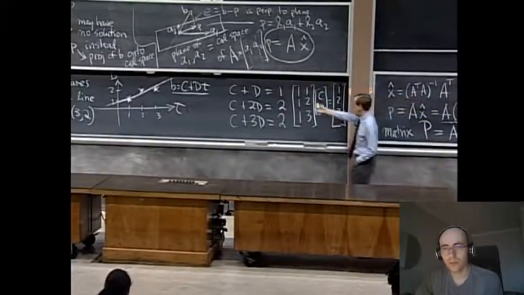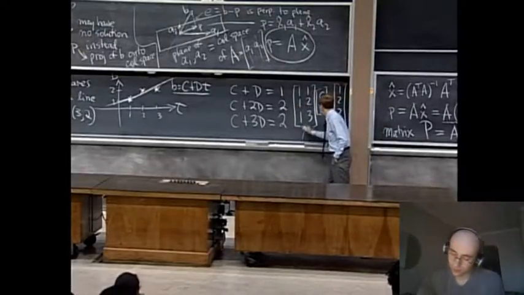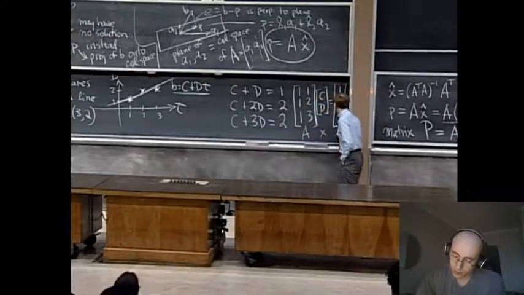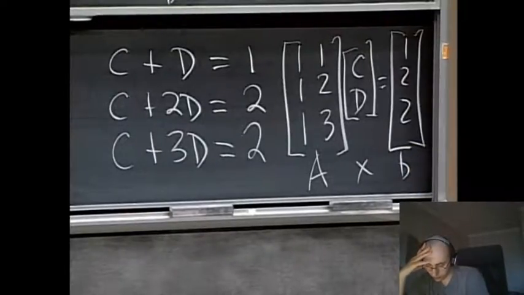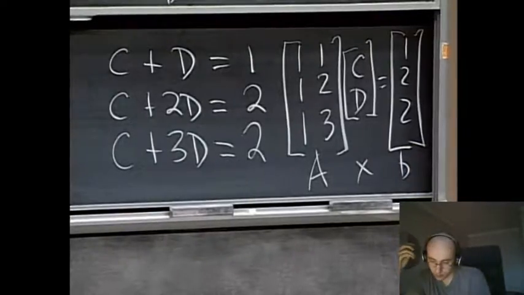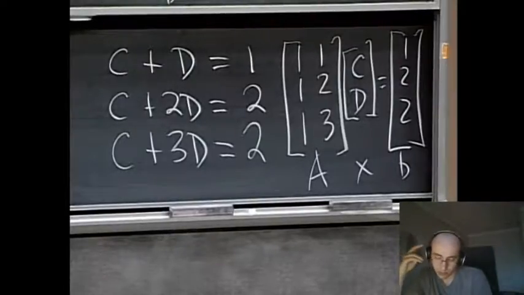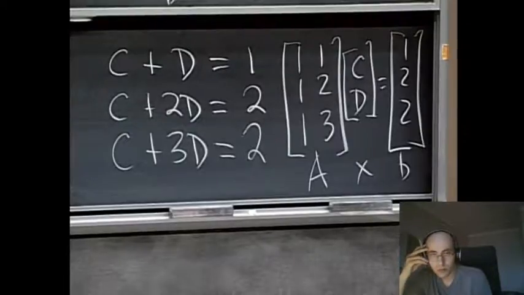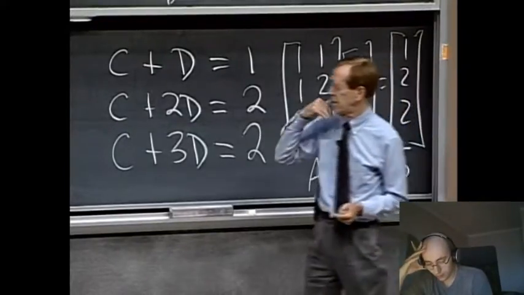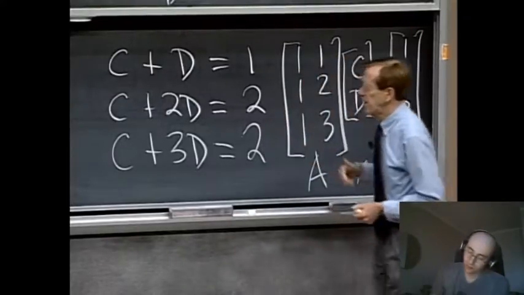I've just taken my equations and said what is AX and what is B. Then there's no solution. This is the typical case where I have 3 equations, 2 unknowns, no solution. But I'm still looking for the best solution. And the best solution is